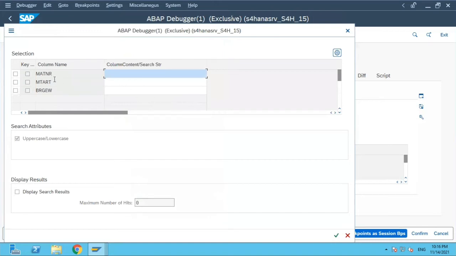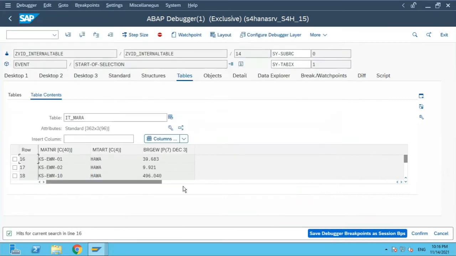Now it will give you a list of columns on which you want to do the search operation. I will put this value KS-EWM-01 over here against the MATNR column because I want to find the material number, and click on continue.